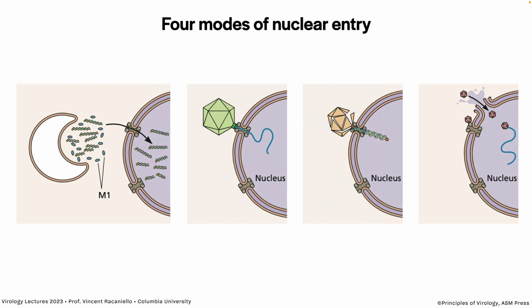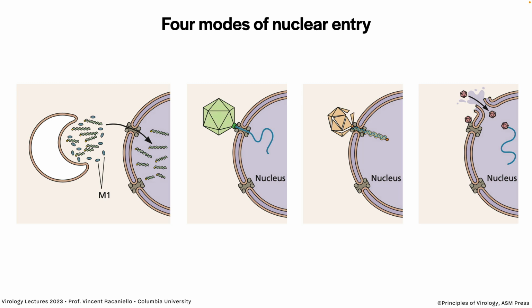The nuclear pore restricts the size of things that can get into the nucleus. Most viruses are too big to just pass through the pore. The exception is the influenza virus genome, which is actually small enough to be transported through the pore. And so that's how that happens. The genome is released in the cytoplasm as the fusion event occurs, and then the RNPs, the nucleocapsids, can go